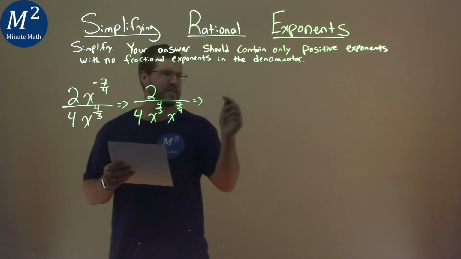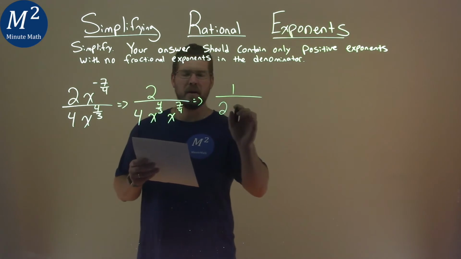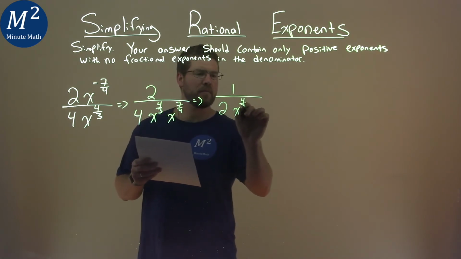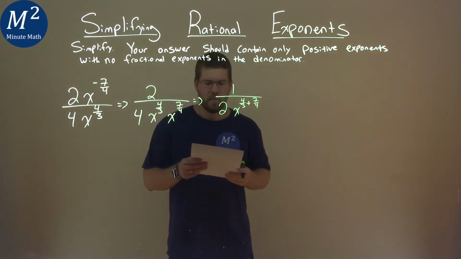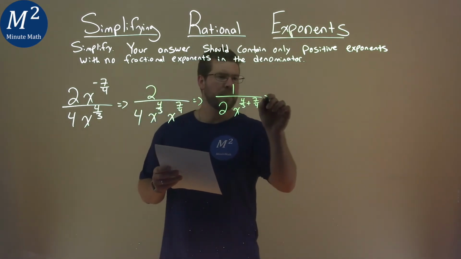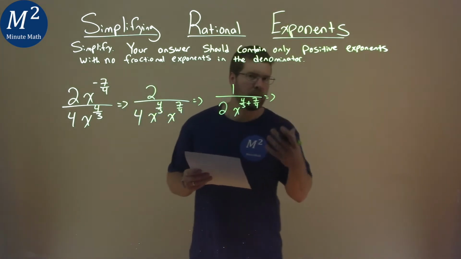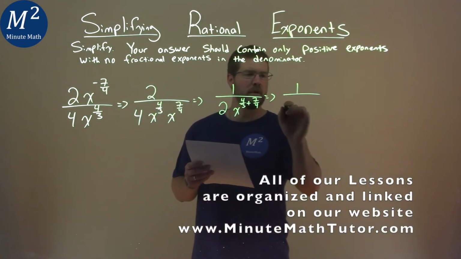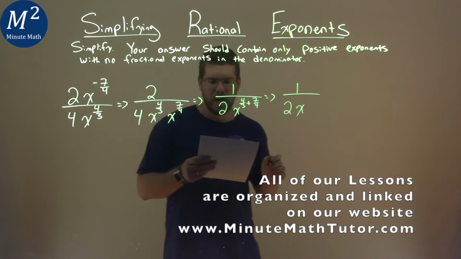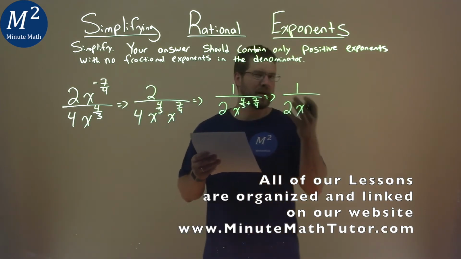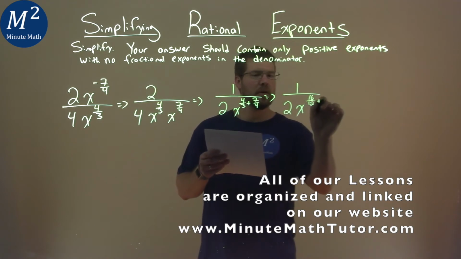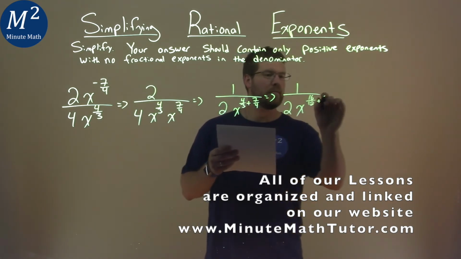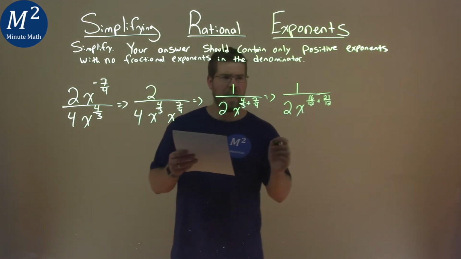2 over 4 is the same as 1/2, so I put that here. And we have x to the 4/3 plus 7/4. When we're adding our exponents, we make sure we have the same common denominator. So we have 1 over 2x, and they both can be multiplied to have a 12 in the denominator. So 4/3 is the same as 16/12, and 7/4 is the same as 21/12. We add them together,